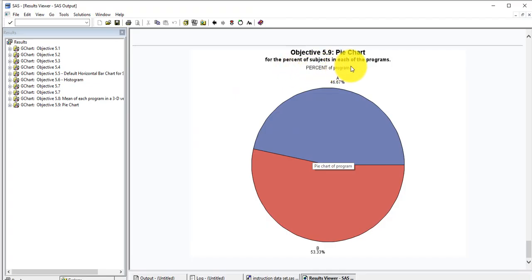So this percent of program, that's the heading. That's what we're not getting on that block chart in the previous objective. As we suppress that, we can suppress that in the pie chart using a no heading option. Refer to table 5.1. And program A is in the top part of this pie chart with 46.67% and 53.33%